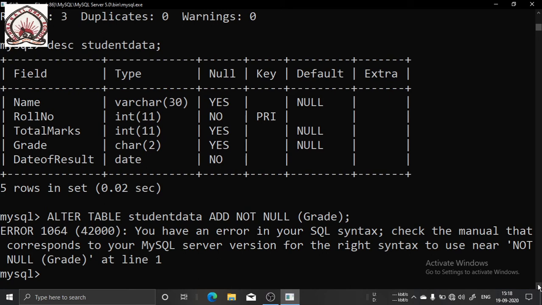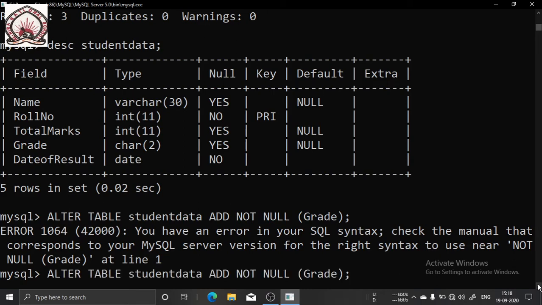Actually one syntax error has come. Check the manual. In grade we have to change the data type, but I have not given the data type. For this reason it has not changed.